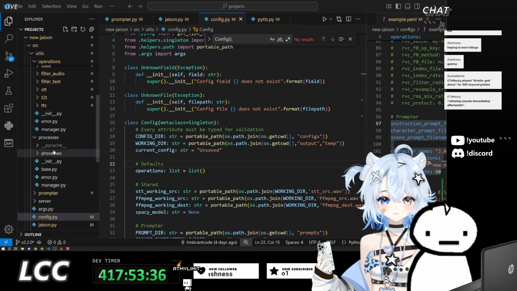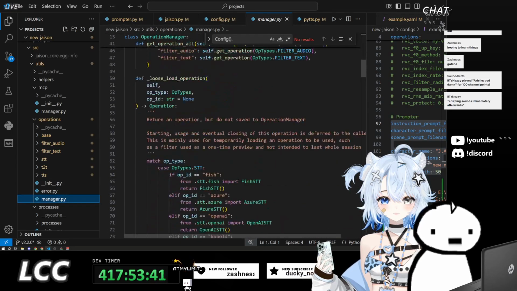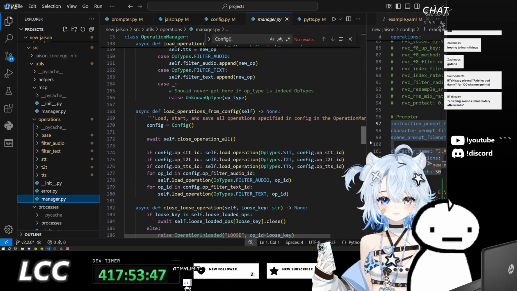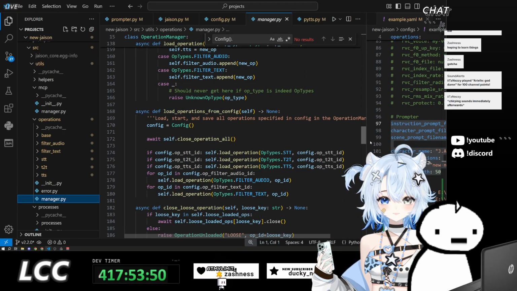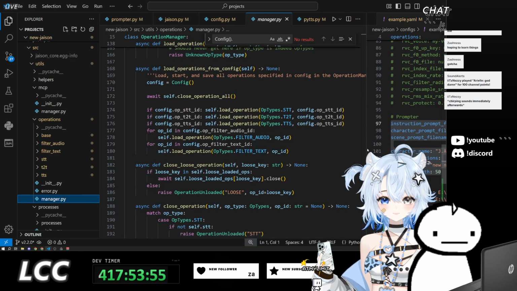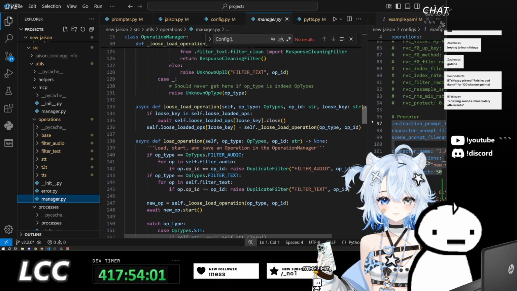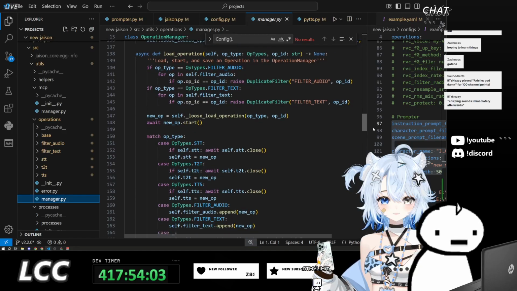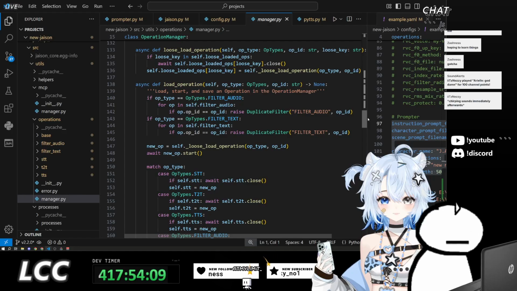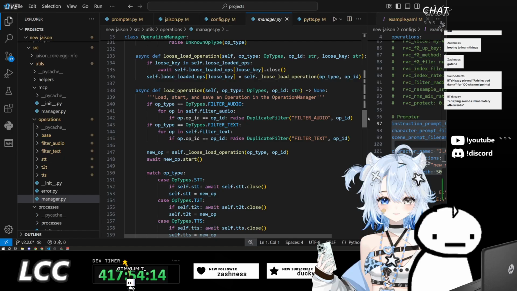Okay, what should we do first? Operations manager. This shouldn't be too bad, I'm hoping. When we load an operation, it's just going to load with its defaults. And then it will have to load configurations separately in a separate function call. That should be fine.